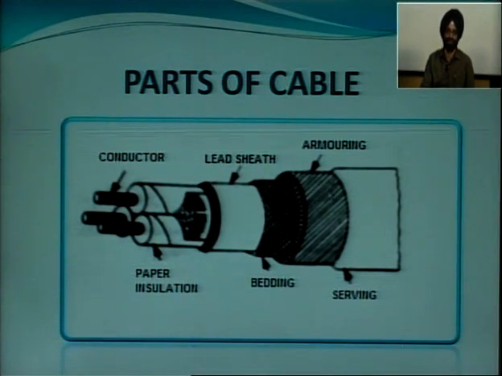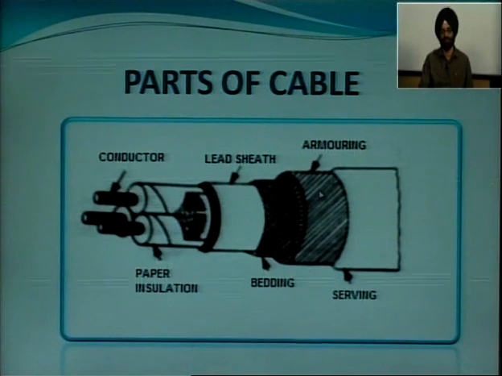Similarly, this bedding is provided to protect the lead sheath from the armoring. You see, this armoring is made up of steel. This armoring can damage the lead sheath. So a layer of jute material is provided in between the armoring and the lead sheath to protect the lead sheath